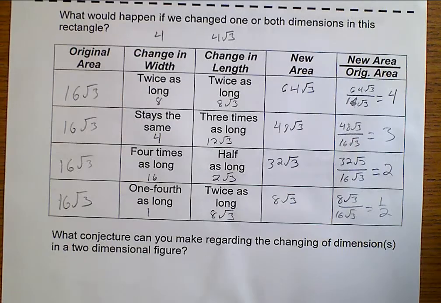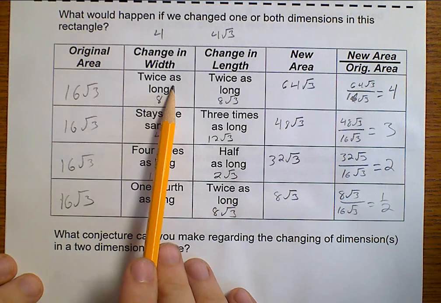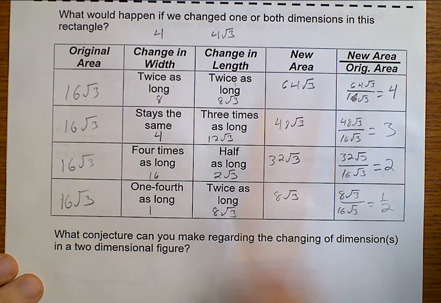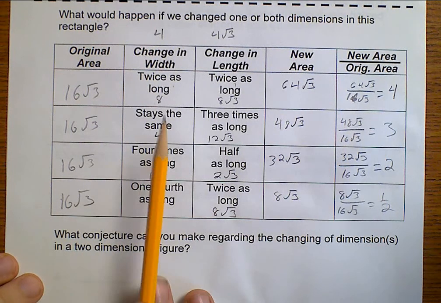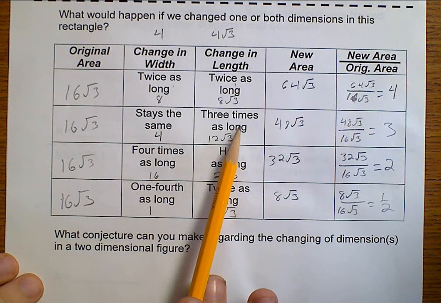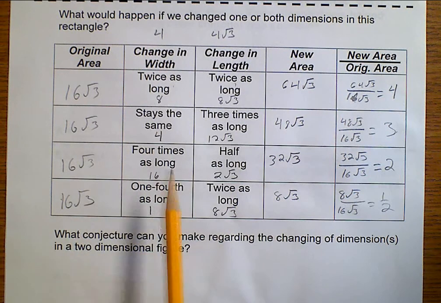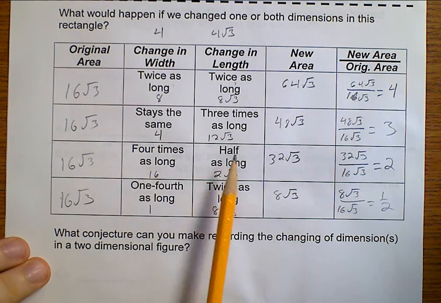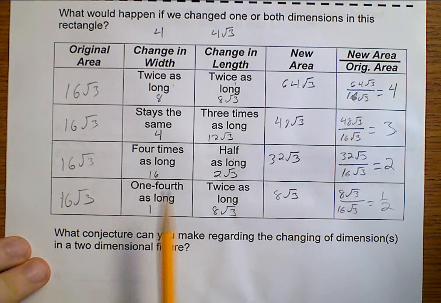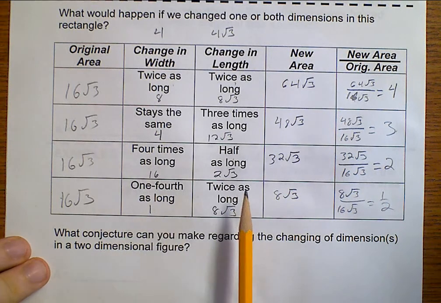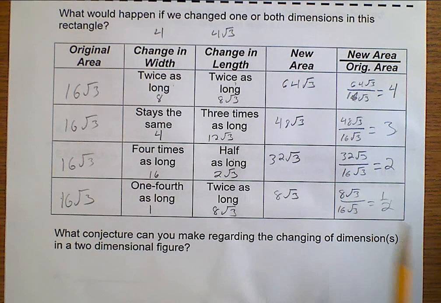So let's take a look and see what we have. Twice as long, the area is 4 times as big. Stay the same, 3 times as long, our area is 3 times as big. 4 times, half times is 2. 1/4 times 2 is a half. I want you to notice that if I multiply